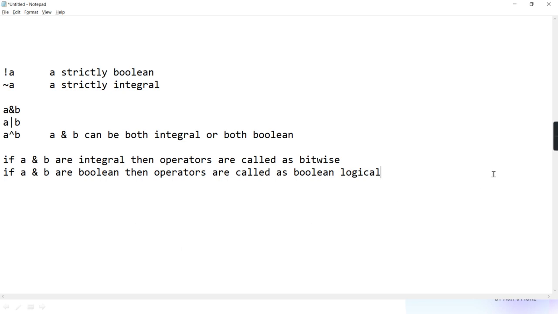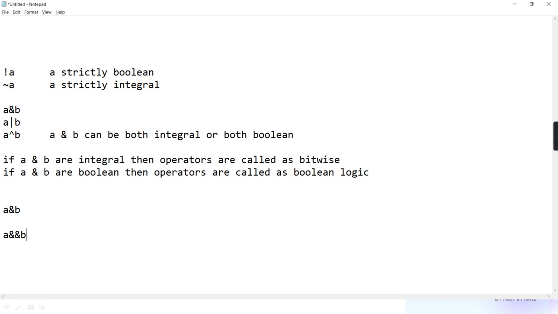Agreed? Okay? Then in some interviews, or commonly in many places, they ask, state the main difference between single and and double and. They ask like that, give me the difference between A and B and A double and B. They may ask that question.